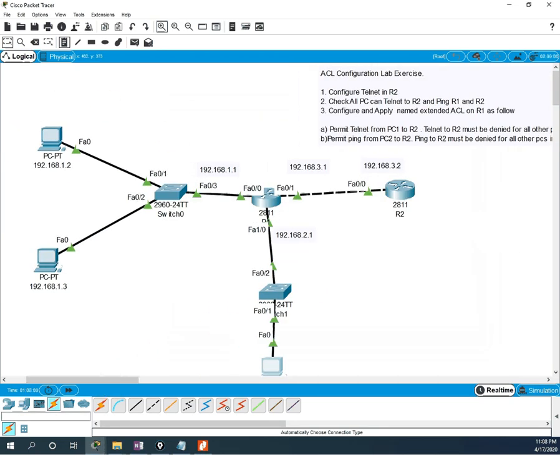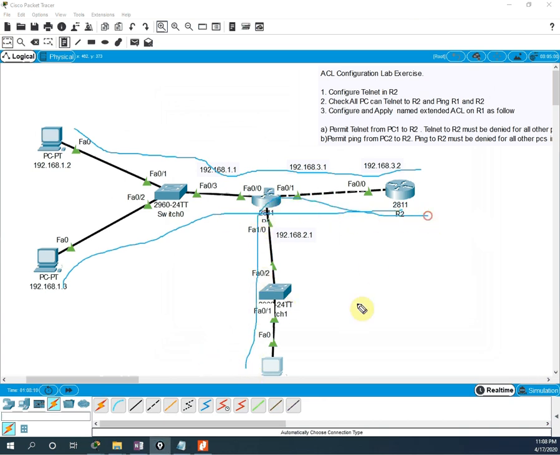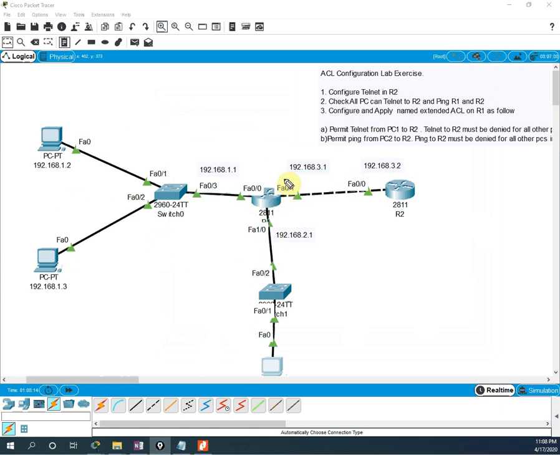Let me show you. See, our data is flowing like this. Seeing this, I decided where to apply it. I can apply it here, or I need to apply it here. It is not advisable to apply the ACL two times, here and here. So it is good to apply it at one point, on the output.